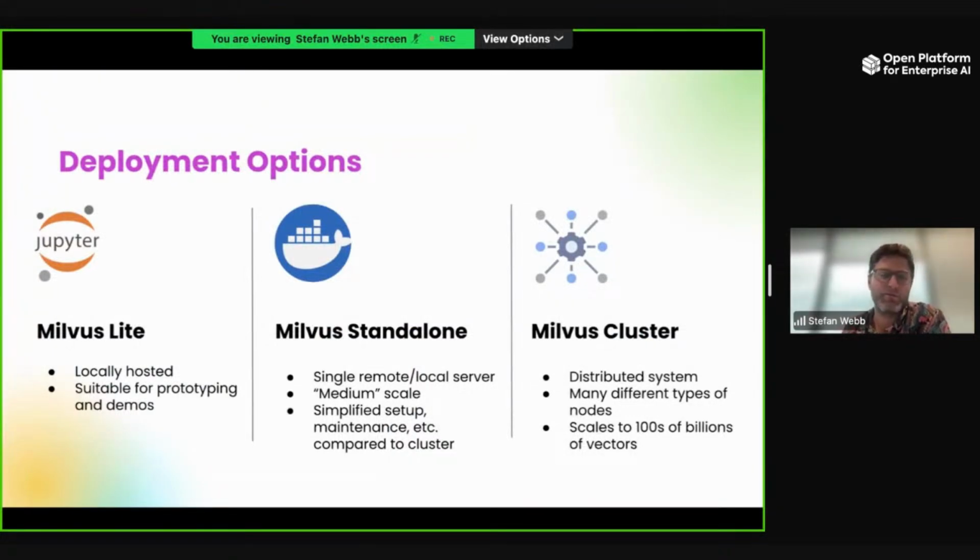And as I mentioned earlier, Milvus has several deployment options, whether you want to prototype in a local notebook, use it on a single machine serving multiple people, or use it on a cluster of machines and scale up to hundreds of billions of vectors.